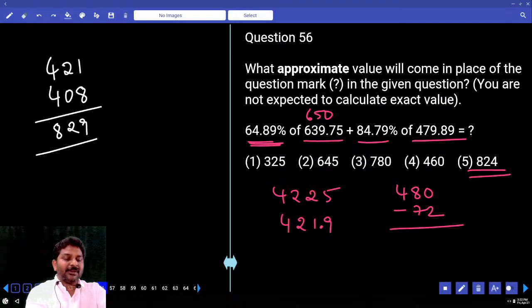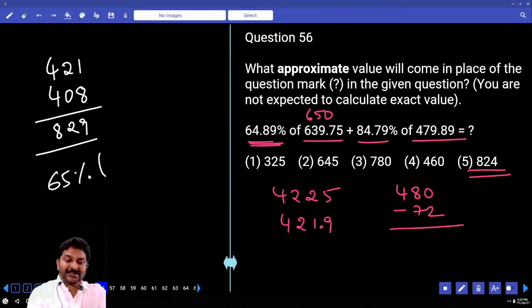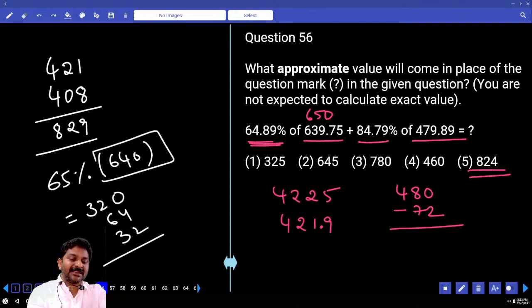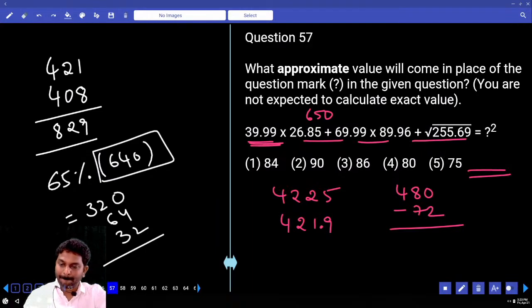So usually if you want to calculate 65% of 640, you have to take 50% plus 10% plus 5%. Instead of that, I am taking this number as 650, calculating 65 square and then subtracting 6 from that number. Is that okay? Next,